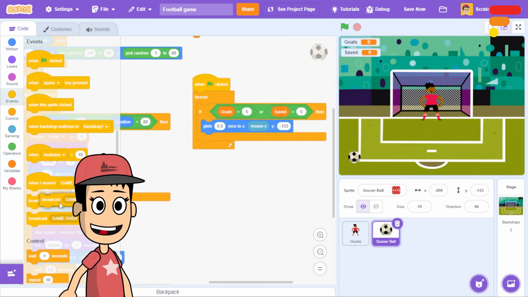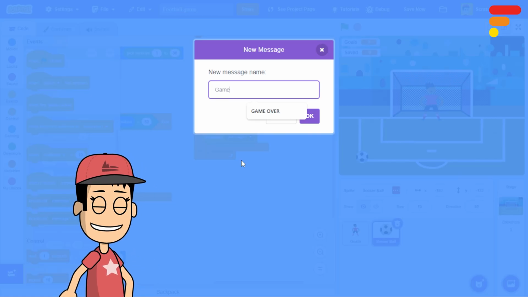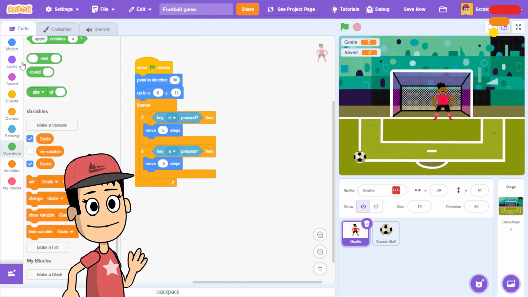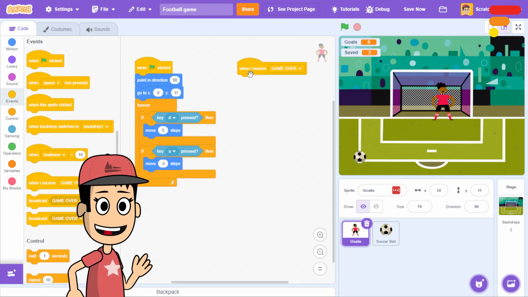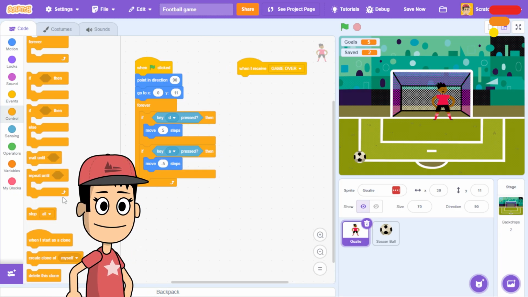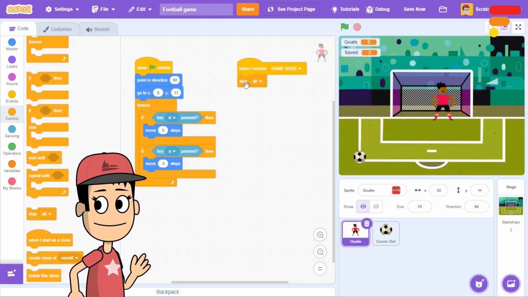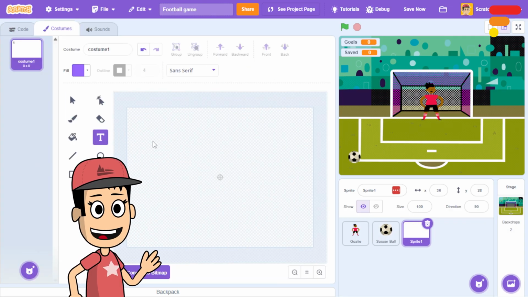Below this, from events, add a broadcast block and create a new message named Game Over. Now go to the goalie's coding area, add the when I receive block, choose the Game Over message and finally attach the stop all block. If you want Game Over text to appear on the screen, create a new sprite and add the text Game Over.